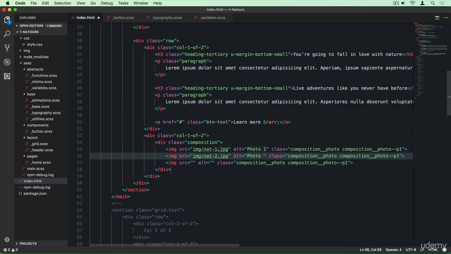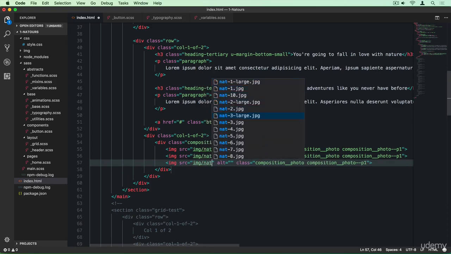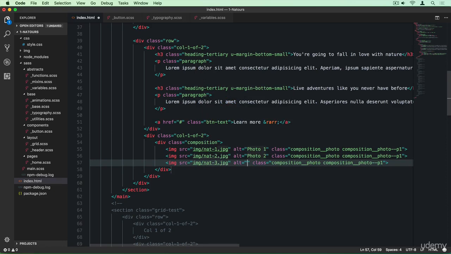So this is really smart, really intelligent. It knows what I want to do. I hit tab again, and this is the next place where I want to write some code, of course. And now the number 3. And now photo 3. And now let me just change this here, so 2 and 3. And that's our markup. So 3 images with 3 alt texts, they all share the same element class, then each of them will have a different